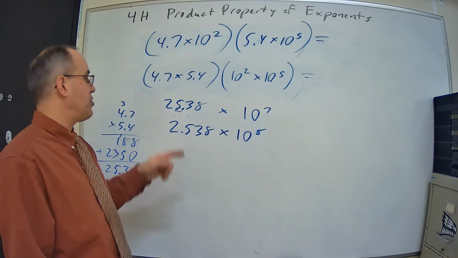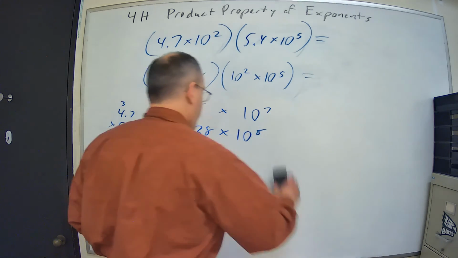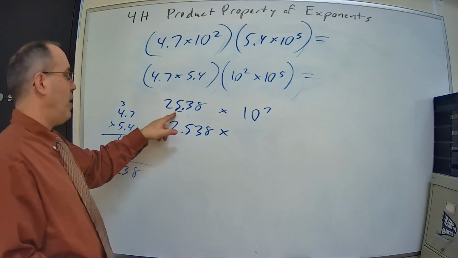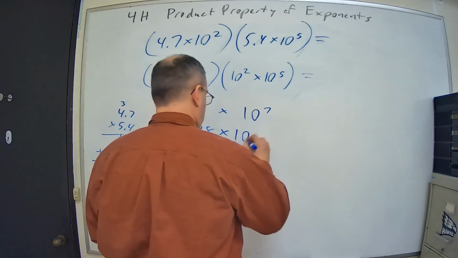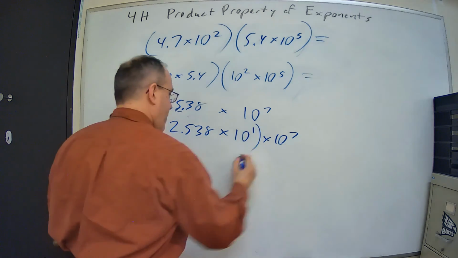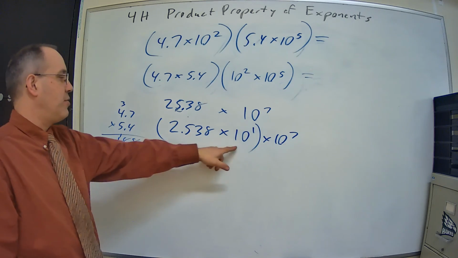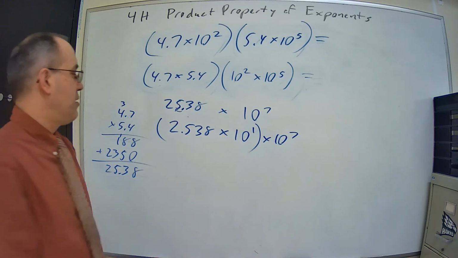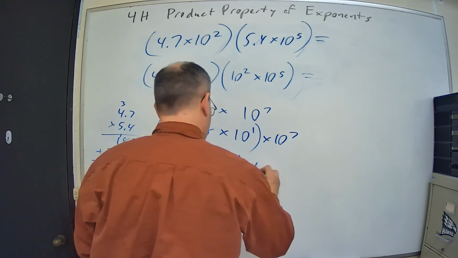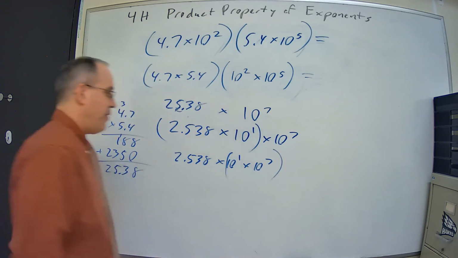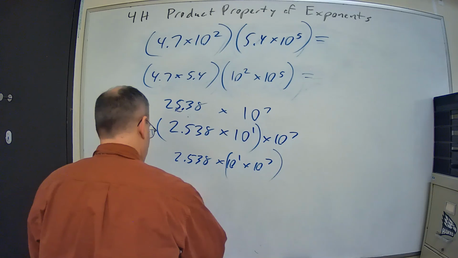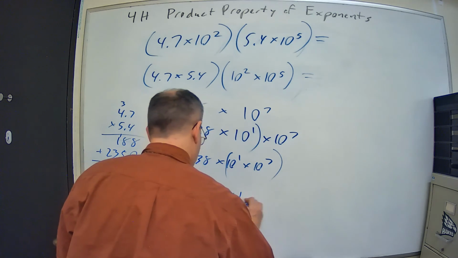Here we moved it to the 1, so you could actually say, if I want to break this up a little bit, we moved it over 1 to get it to this, so that's times 10 to the 1. Still have that times 10 to the 7 there, right? So basically, that is this in scientific notation. Then we have 2.538 times 10 to the 1 times 10 to the 7. If I put those together, then 10 to the 1, 10 to the 7, add the exponents, 2.538 times 10 to the 8,